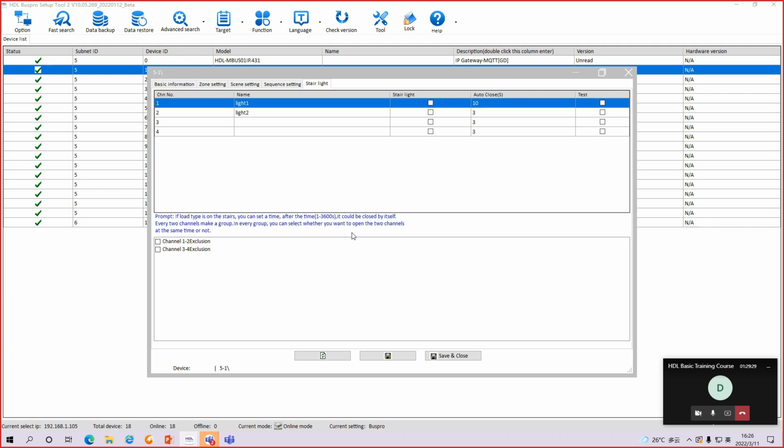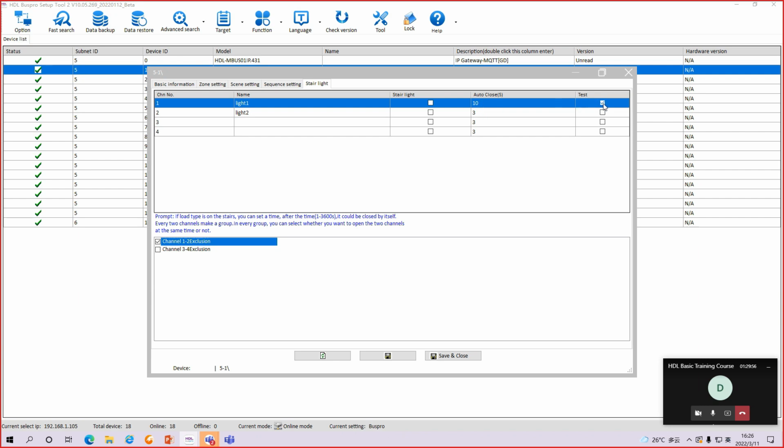So we can create something, 1 and 2 exclusion, in this part. Tick this. This means that you can connect the open and the close of the curtain to channel 1 and 2. If you tick this, then when channel 1 is on,